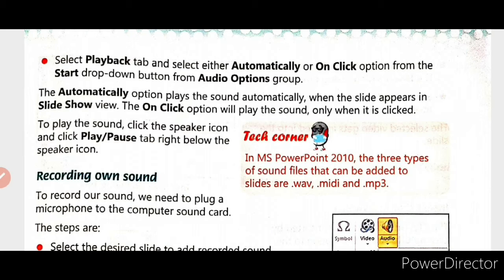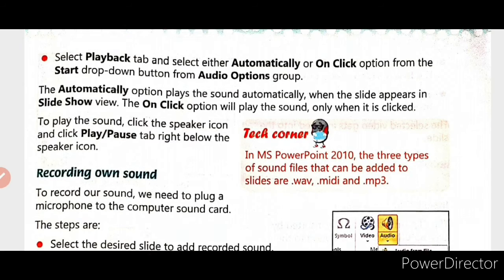So this option plays your desired sound from the computer automatically whenever your slide appears in the slideshow view. The on click option will play the sound only when it is clicked. So if you select this on click option, you need to click the button manually. Whenever you click at that particular time, your sound will get played in the slide.